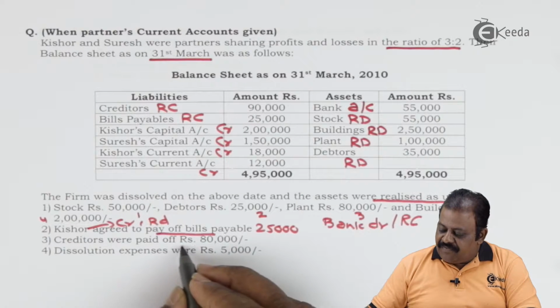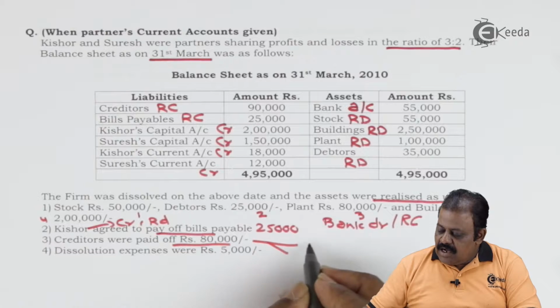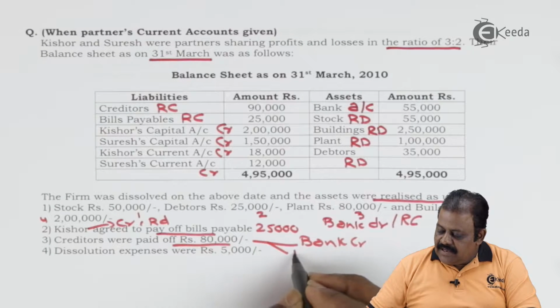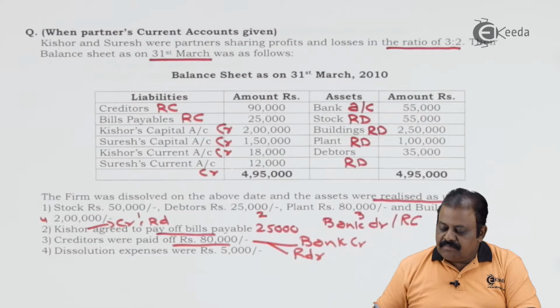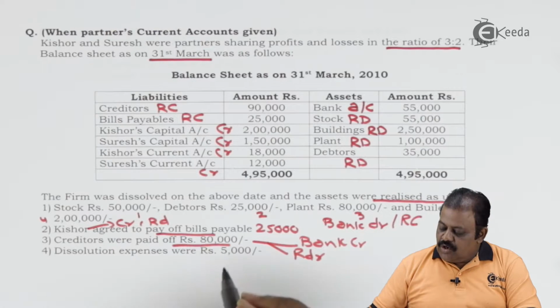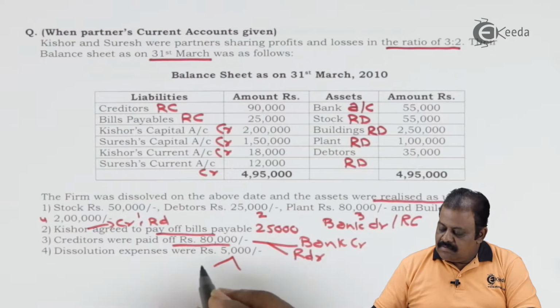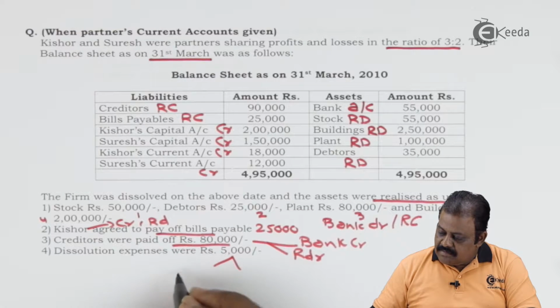Creditors were paid off 80,000. Amount is paid, bank credit, realization account debit. Dissolution expenses were 5,000. Bank credit,